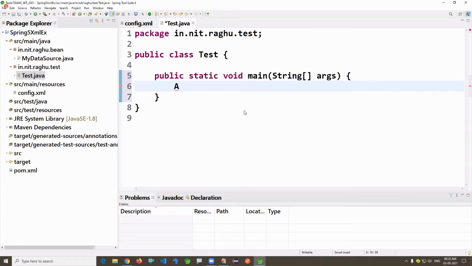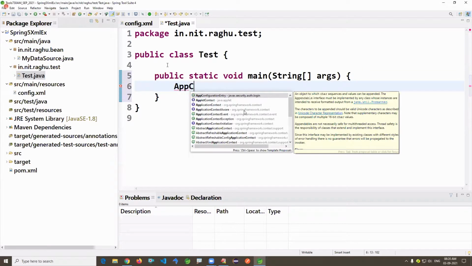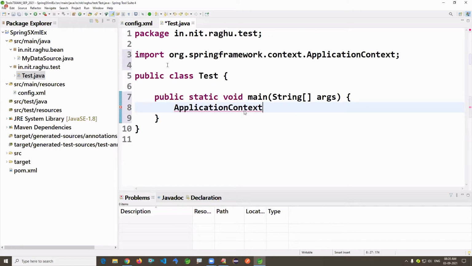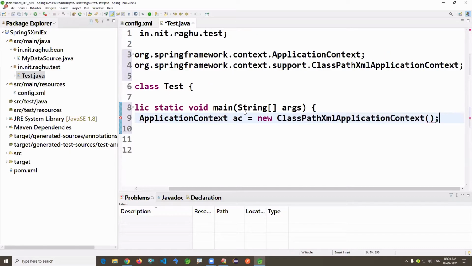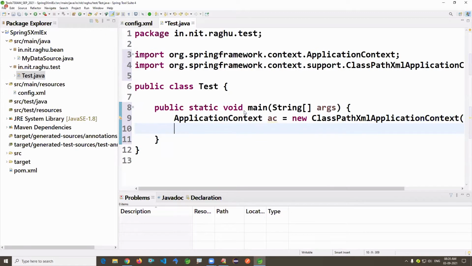First create the application context, meaning a Spring container, by using ClassPath, meaning go to src/main/resources, read the XML file and create the Spring container. The file name is config.xml. It reads that XML file and creates the Spring container.